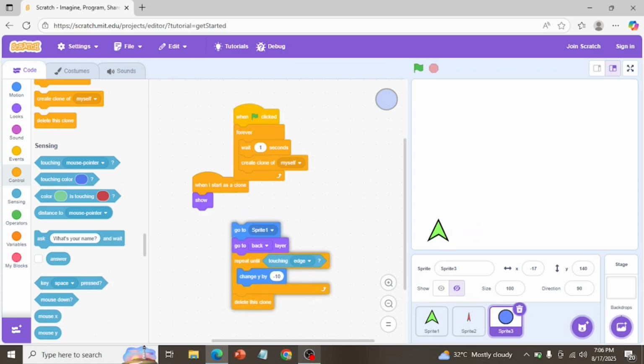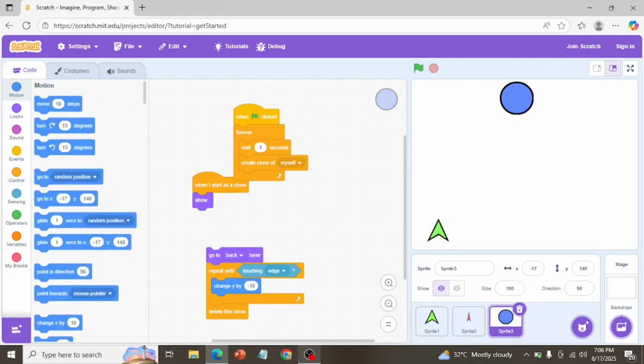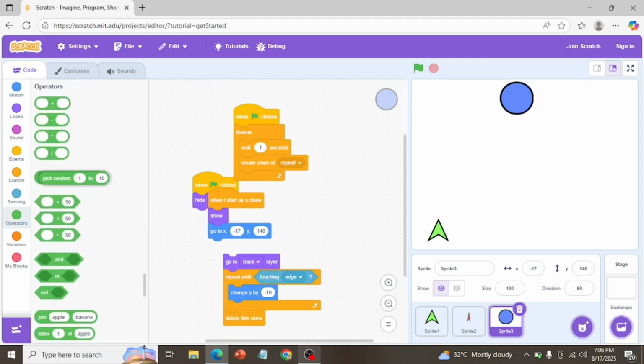Oops, it won't go to sprite 1. I want it to go to the y 140. The x, I'll set this to a random number